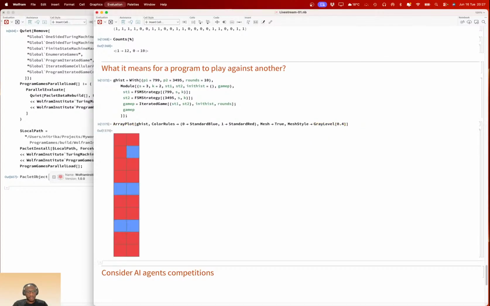I don't know, maybe that. Okay, gray level. All right, so programs play against each other. This is really just what it means for a program to play against another program.